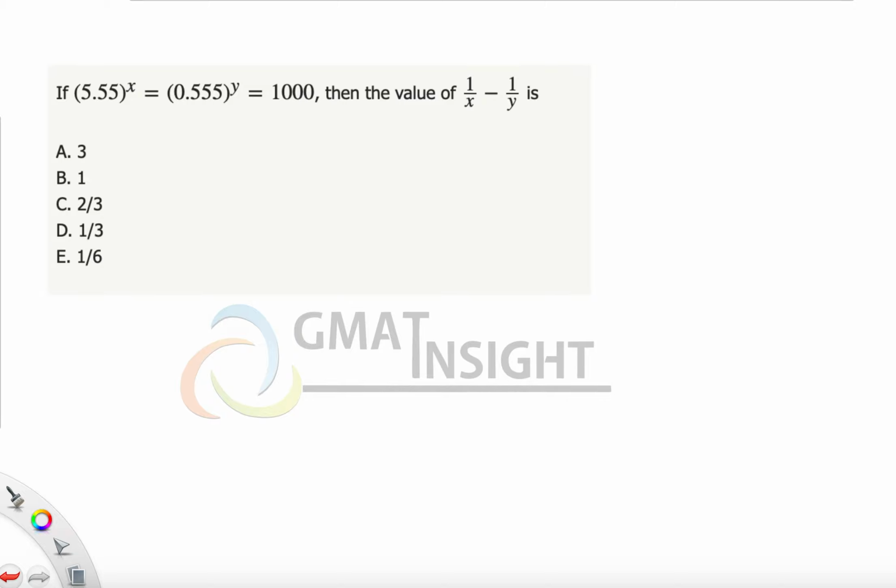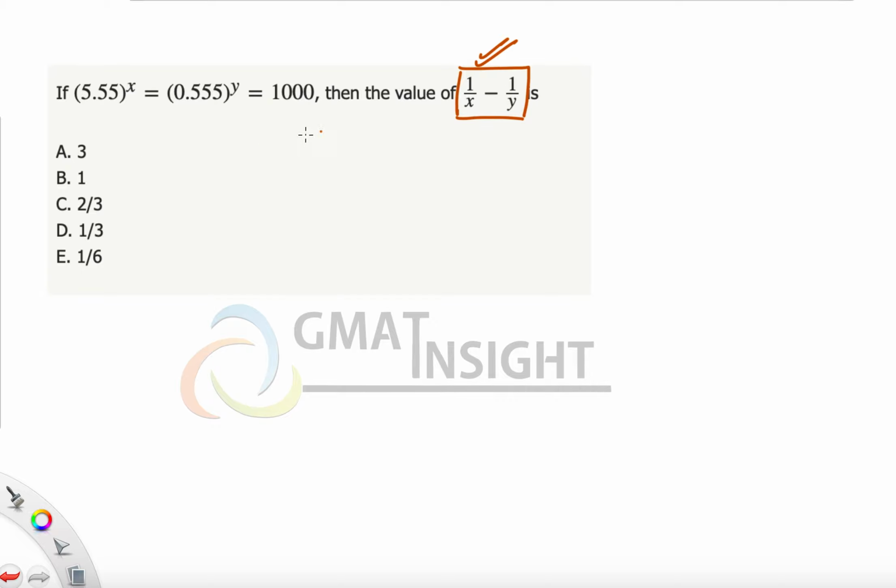If 5.55 to the power x is equal to 0.555 to the power y equal to 1000, then what is the value of 1 over x minus 1 upon y? In such questions, more importantly is to understand how are we going to proceed. So we have to analyze how can we obtain this expression which is to be answered from the given